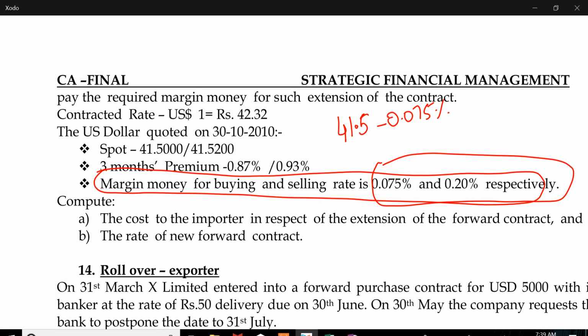0.20%. See, simple rule is, when bank wants to collect anything from us, they'll keep adding a lot of stuff. When they have to pay us, they'll keep deducting a lot of stuff. That's the practical aspect. So they will add their margin whenever money is to be collected from the customer, they'll keep adding all of this. When the money is to be received or money is to be paid to the customer, you do the other way around. So it's 41.52 plus